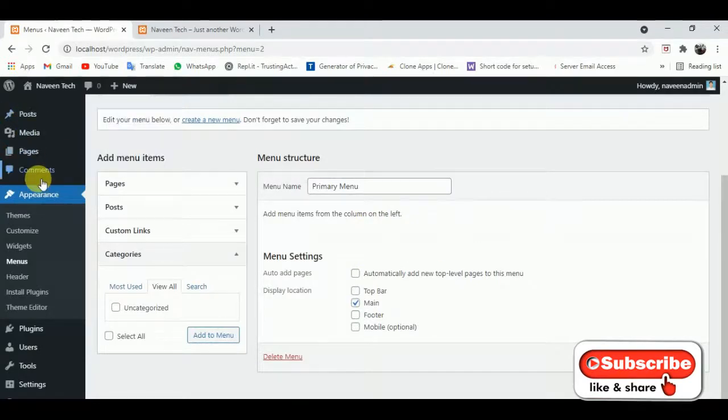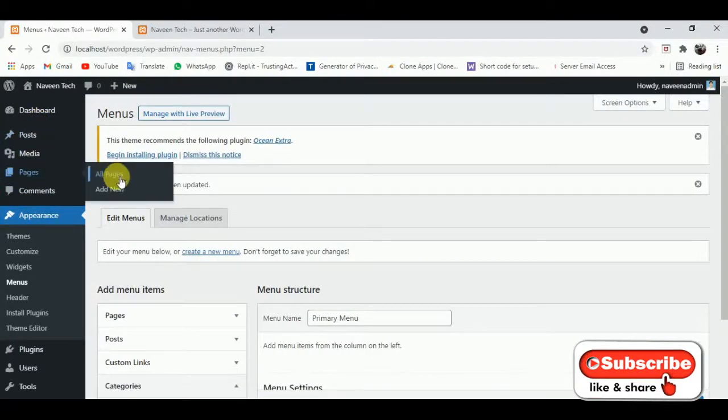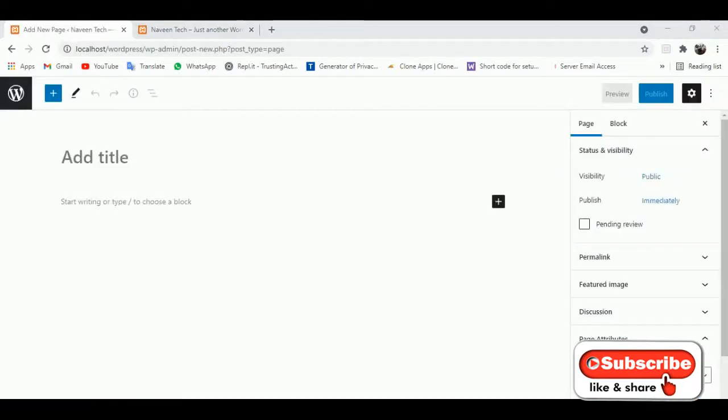Alright, so firstly I will visit inside the pages. So I will click here and I will click on add new page. Okay, so this page section is opening, and now I am going to create the title of this page, just like home. So basically this one is home, but this is the title of this page. But don't worry, when you convert this page inside the menu, the same name will be displayed on your menu. And suppose that this page name is very large, and if you want to change it, then you can also change it. I will show you how you can do it. Okay, so just keep watching.